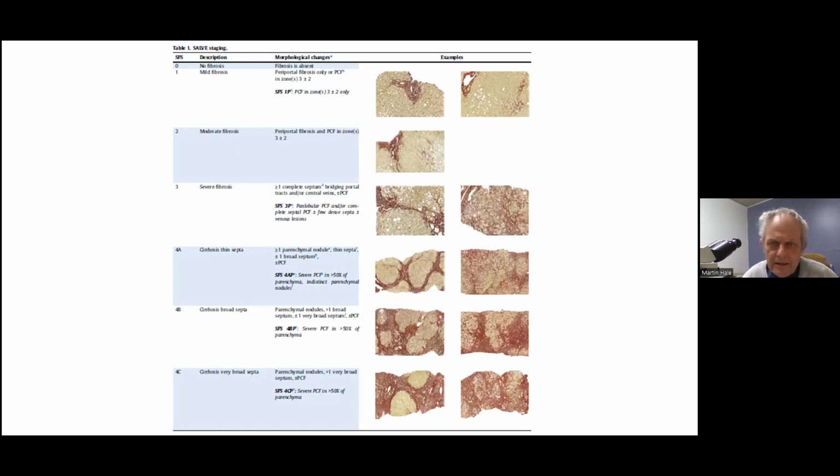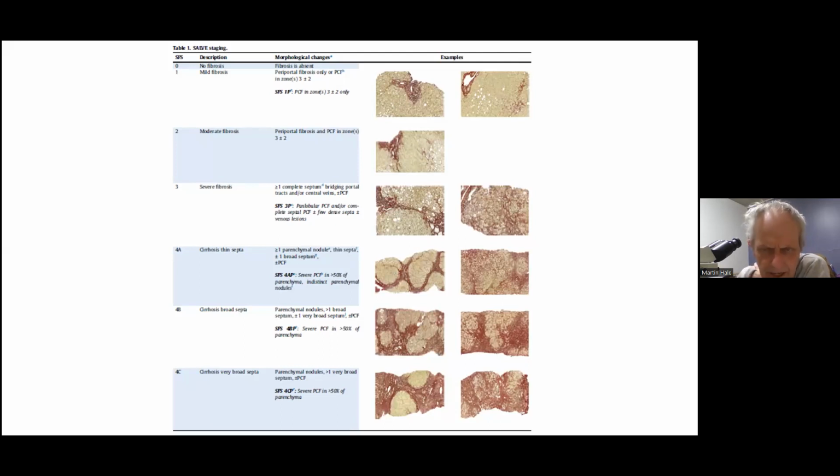And then we can see, for example, do a comparison. And this looks as though it doesn't actually say what stains they used, but I suspect it's probably a Sirius red. And you can see the degree of fibrosis. So this would be SFS, which is SALVE fibrosis score, SFS. So this would be a score 1. And this would be a score 2, where there's a bit more portal fibrosis and a bit of perivenular fibrosis. And those of you who use the Brunt score, this would be equivalent to stage 1.